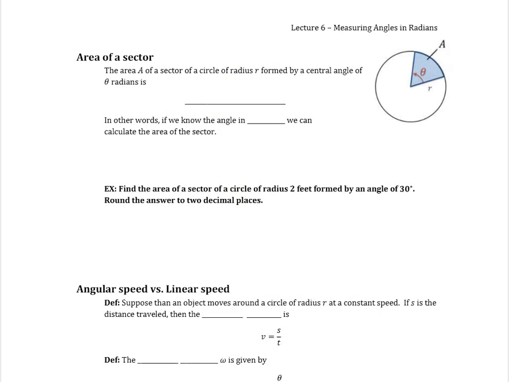We've already seen that whenever we have the measure of an angle in radians, we can calculate arc length using a formula S is equal to r theta. And the source of that formula is simply the understanding of what radians actually mean. As long as theta is in radians, then to multiply the number of radians of the angle by the radius of the circle will give me the distance along the outside. Well, another feature of the definition of radians is that we can find the area of a sector. So whereas the arc length was the distance along the outside, the area is going to be this area inside